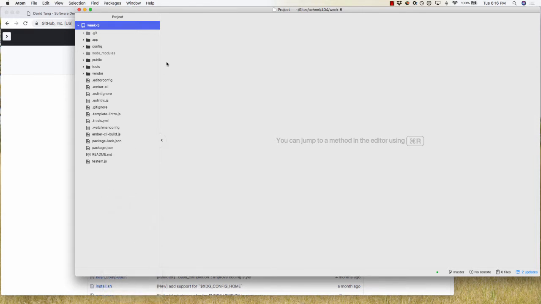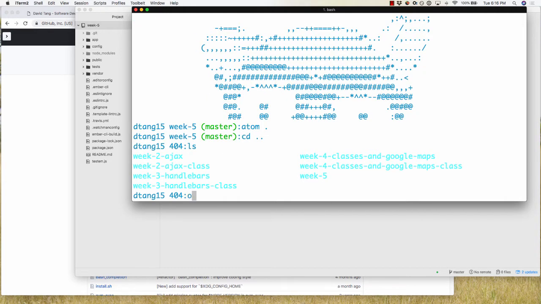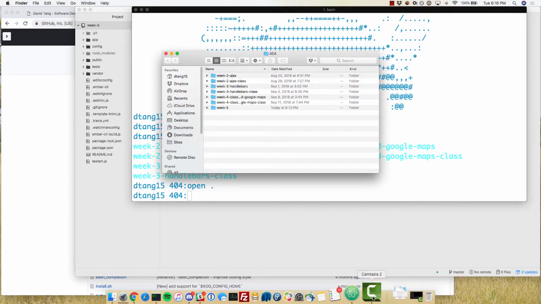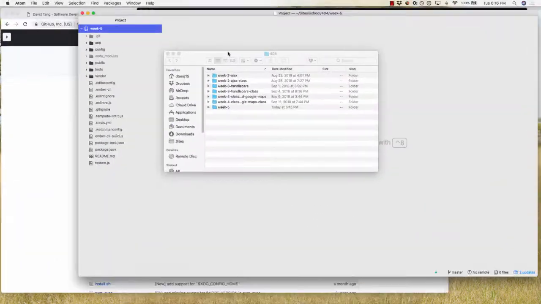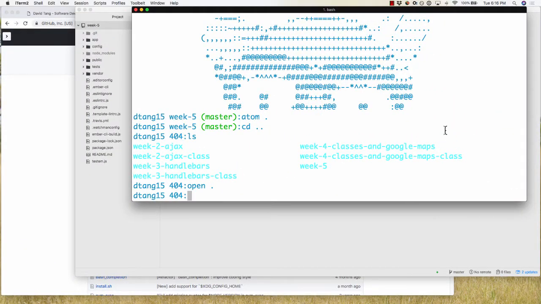How do you open the folder? I would just say, okay, so if you cd inside of it, you could do, or let's see. From the command line, you could just say open space period, and then take this and drag it onto Atom. That's one way of doing it, or you can just go to Atom and do File, Open Project. I just happen to have a little command line utility to do it from the command line,